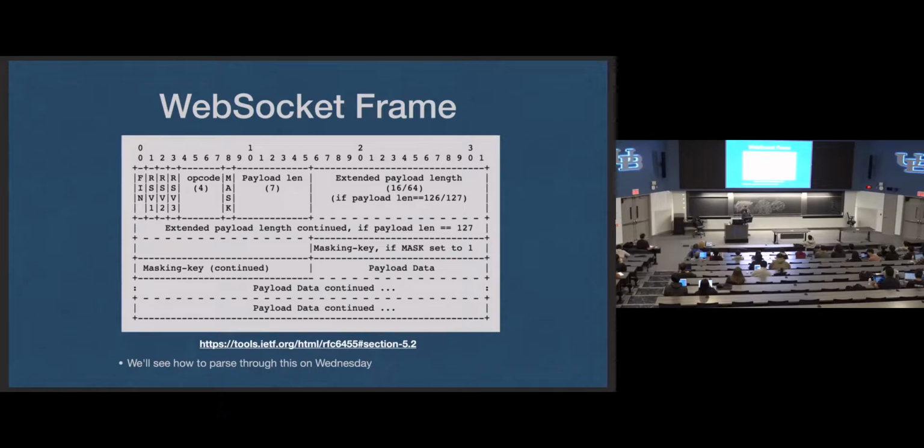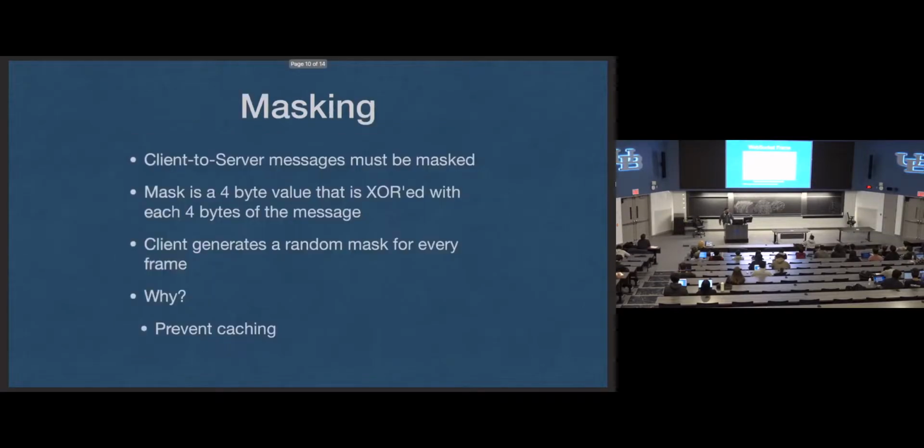When we do get a frame, on Wednesday we're going to parse this information in this format. This is telling you what each bit means when you receive what we call a WebSocket frame, which is what we call messages sent over a WebSocket connection. We're going to get bits in this information and then look at the location of each bit to extract meaning out of those bits. All Wednesday, we're going to be staring at this and figuring out exactly what every single bit means on this thing. It's super fun.